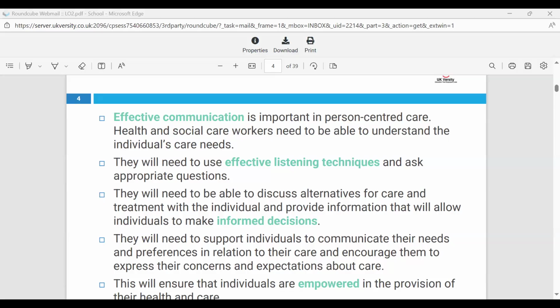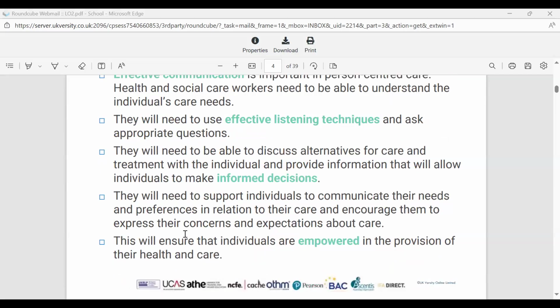You will need to make sure that you are communicating their needs, because if you listen to the person, are they going to feel empowered? Yes, they're going to feel like you respect them and pay them attention. And you are paying them attention, you're understanding their emotions or their perspective, and you're building this trust, aren't you? So the person will open up more to you if you build this trust with that individual.